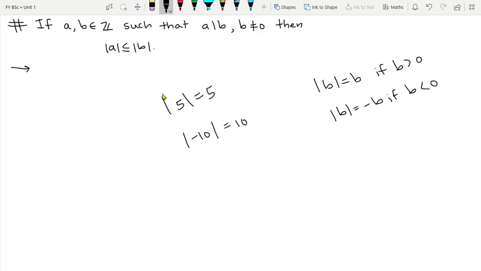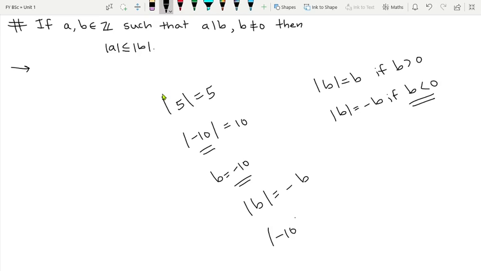So you may wonder how we are having this minus sign. See, if B is less than 0, I am taking my value of B to be minus 10, isn't it? So according to the formula, mod B is nothing but minus times B. But what is my value of B? It is minus 10. So if you put B equal to minus 10, what are you going to get?